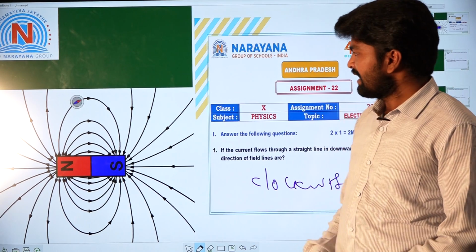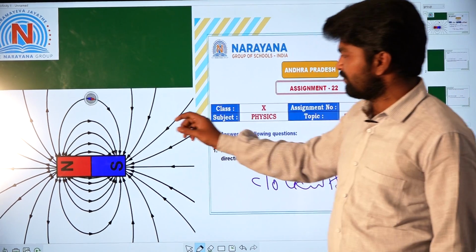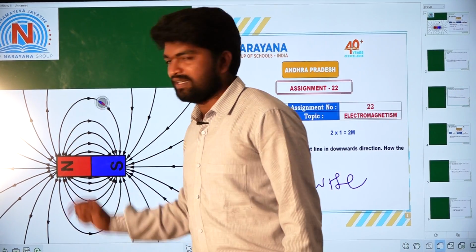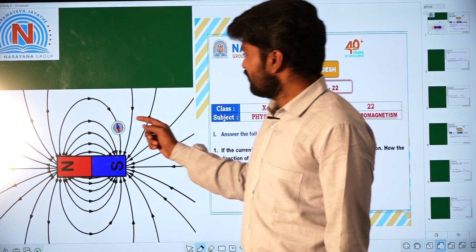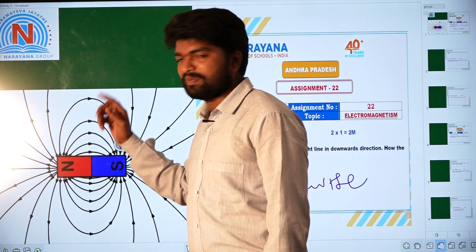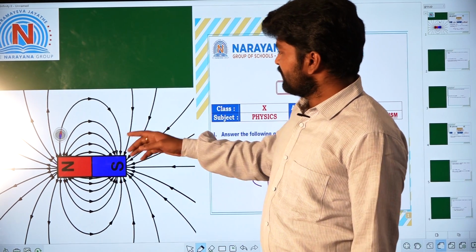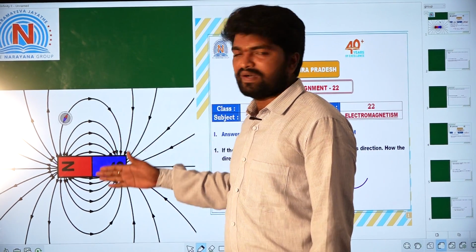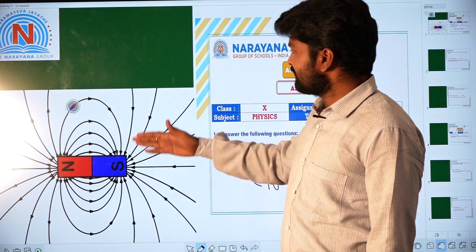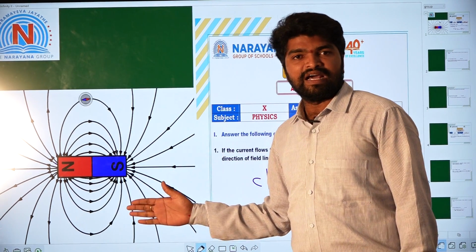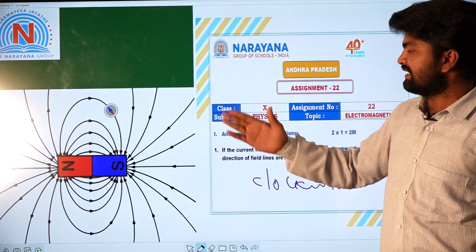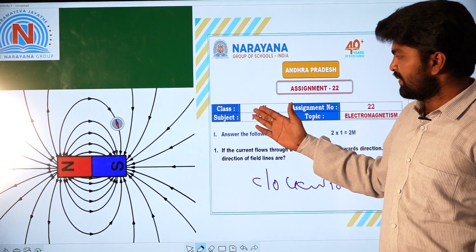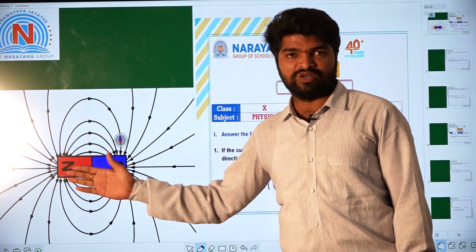You can draw, actually you are getting the points. If you place the needle here, you will get a point. Again, keeping that point as center, you place a magnetic compass needle at that point. Like that you repeat this process above and below the bar magnet, then you will get magnetic field lines around the bar magnet as closed loops. And the direction outside the bar magnet is north to south. Inside, it is opposite to that, south to north.